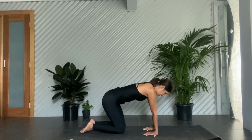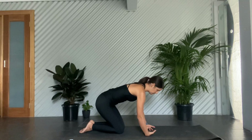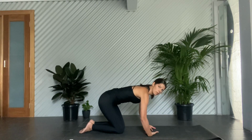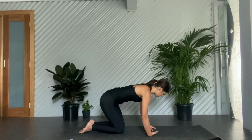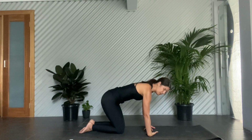Beautiful. And then from here, just rolling back onto the feet. Take the back of the hands to the mat and fingers point in towards each other this time. Micro bend through the elbows so you can just kind of bend and soften in. And then as you press the back of the hands into the floor and pull the fingers away from each other, so you're not really dragging them off the mat, you're just doing the sensation of opposing energies, pulling them